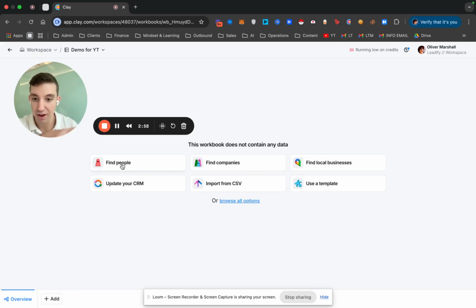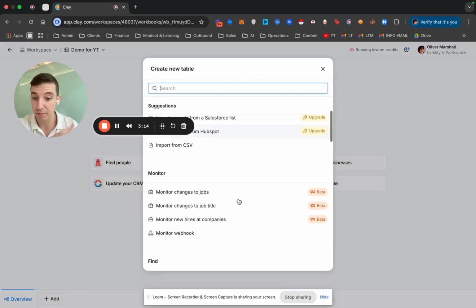Now, the options that you have here are find people. This is where we'll find decision makers or the people that you want to target. We can either start with find companies, where we have a list of companies and then we'll have to find the people at those companies. Find local businesses, update your CRM, import from CSV, use a template, or you have multiple options here as well,